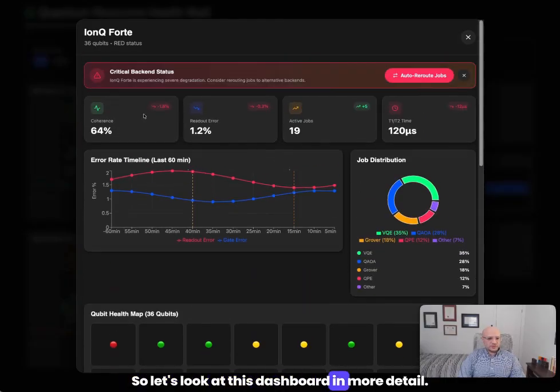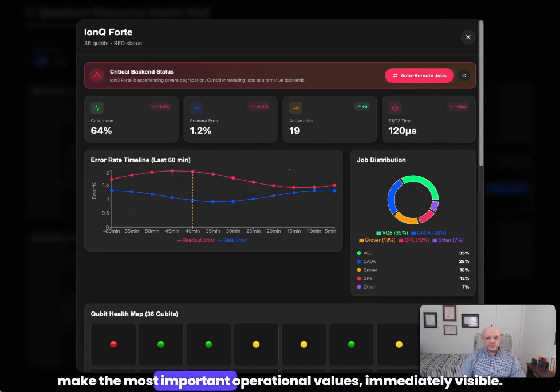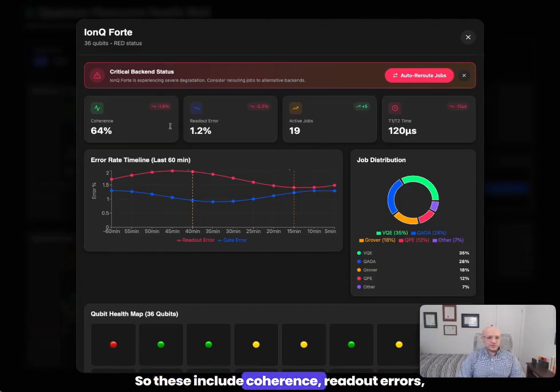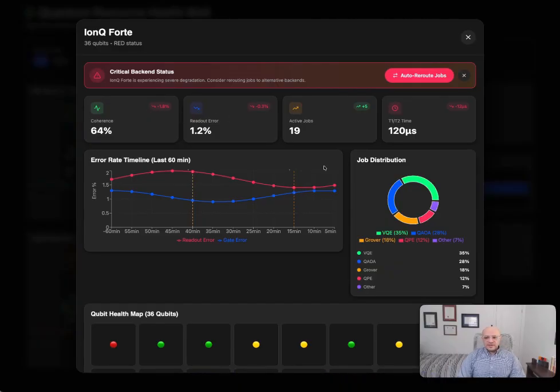So let's look at this dashboard in more detail. The KPI cards at the top are designed to make the most important operational values immediately visible. So these include coherence, readout errors, active jobs, and T1, T2 time. Each card gives a current value plus a small trend indicator, so the user can quickly see whether the metric is improving or getting worse, as you can see in these indicators right there. This helps to connect the big picture, the big health score, to the more specific technical